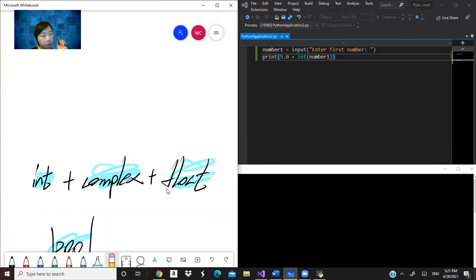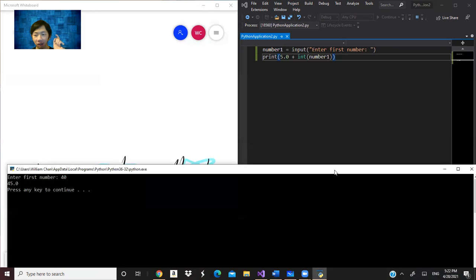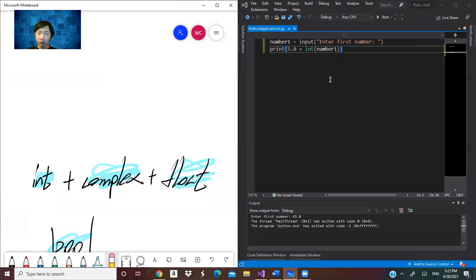If you try a complex number and the float, it will give the complex. If you combine all 3 of them, it will output the complex, the greatest one, always the greatest one by default.